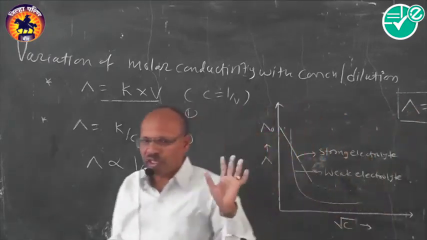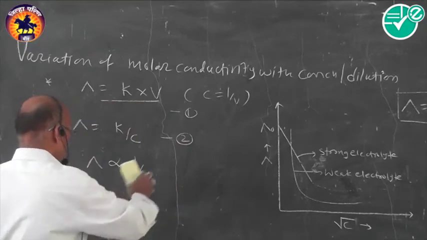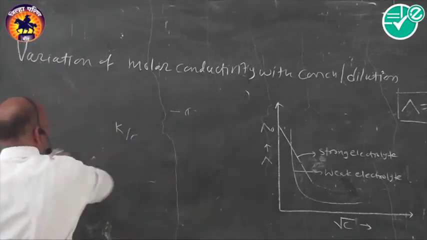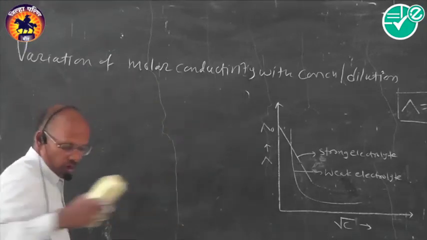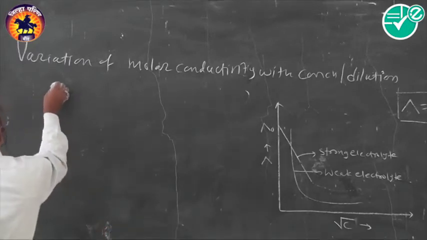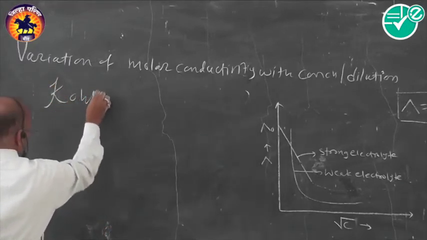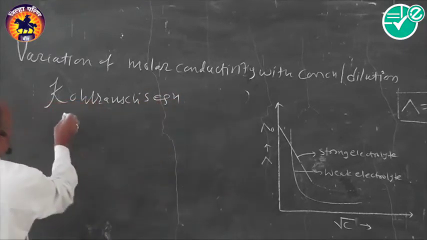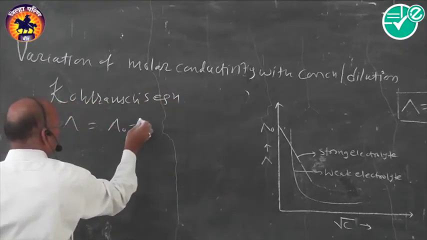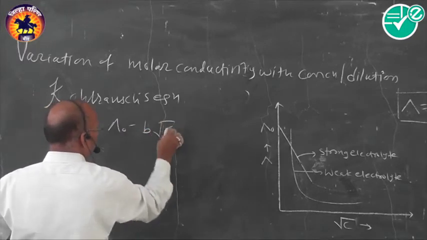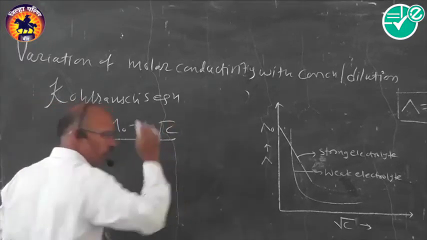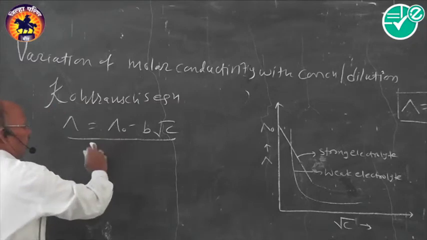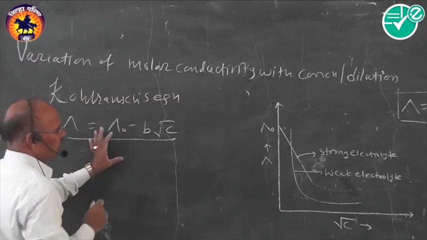We will explain the terms in the Kohlrausch equation, or Onsager's equation. We can write it like this: lambda is equal to lambda 0 minus b into root of c. Okay. So in this particular case, if you think about this,